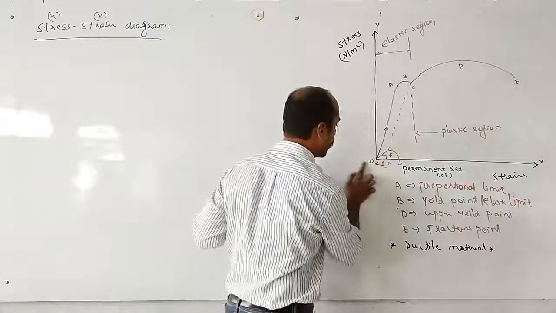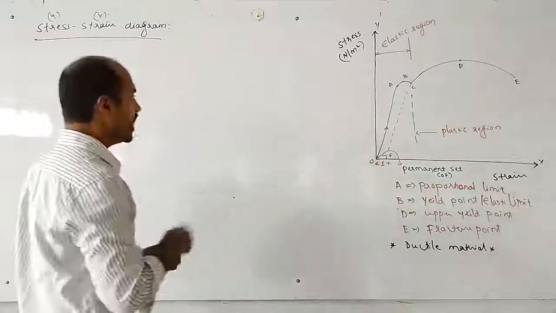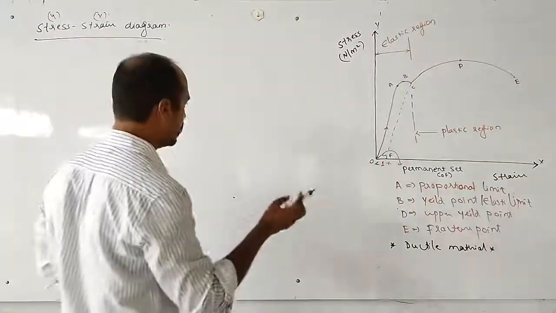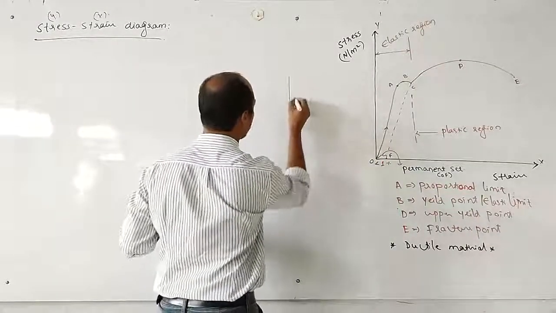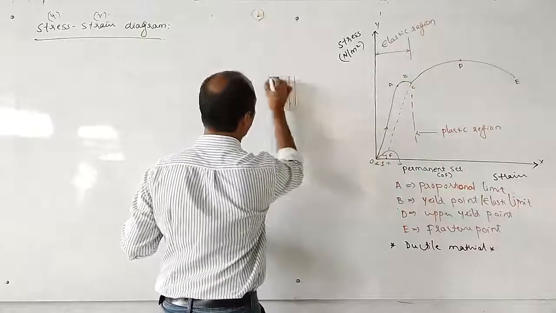This is a practically obtained graph. I'll take an example. If a rod is taken,